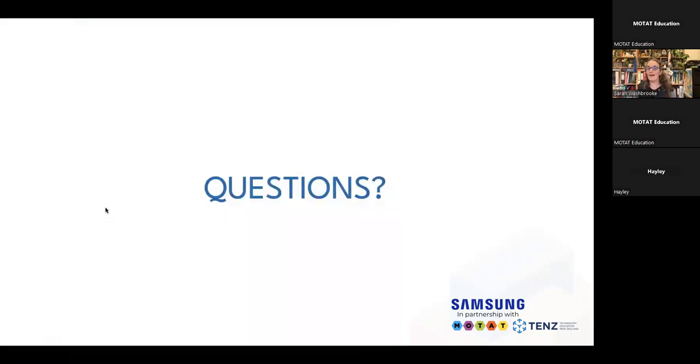Before we move on, I'm just going to see if there are any questions or any points from the rest of the team at MOTAT and Solve for Tomorrow, to see if there's anything else they would like to explore or explain or ask in regards to conceptual development. Sarah, I wonder whether there might be some questions about how to submit the proposal plan, if they are going to submit the proposal for early judges' feedback.